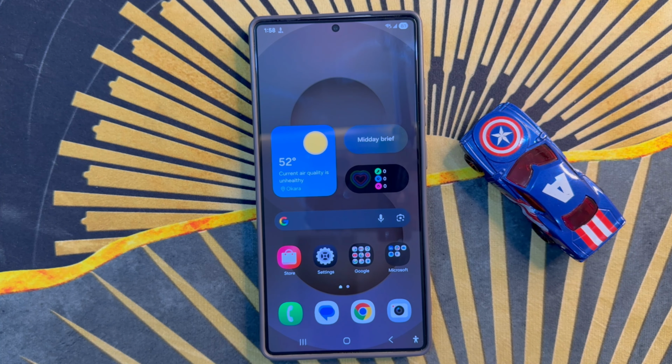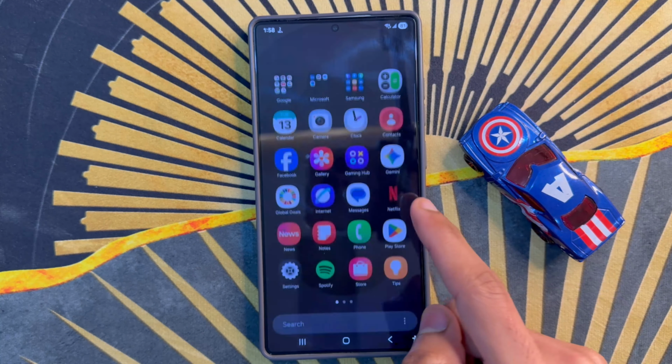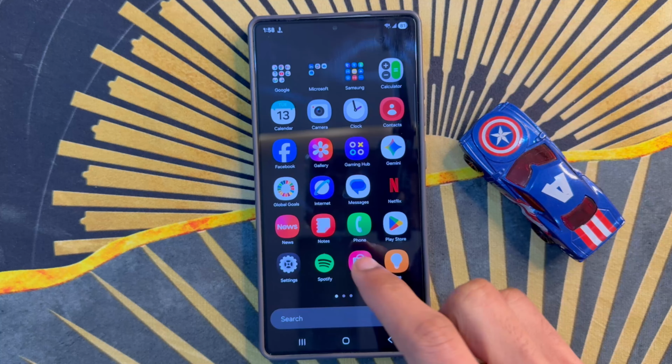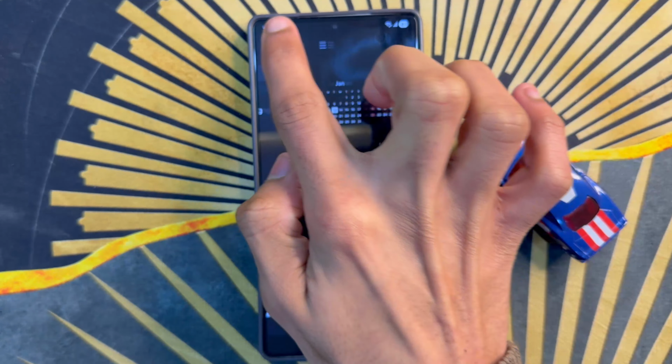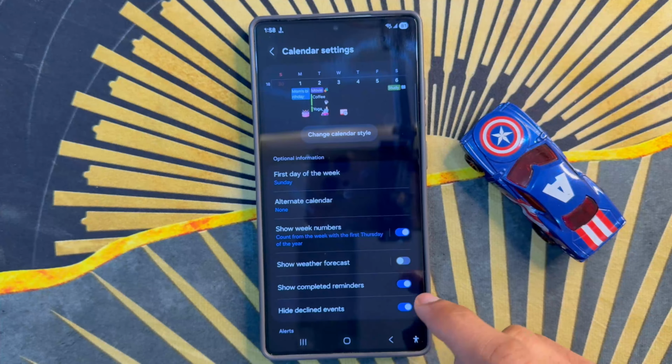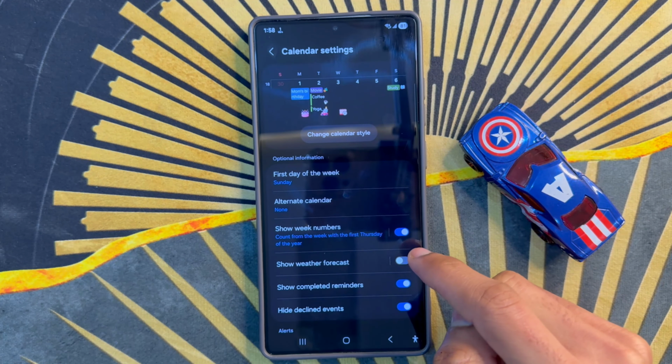Let's start the video. First of all, go to app library. Here click on calendar app. After clicking on the calendar app, click on this three line icon and click on settings icon. Now in calendar settings,